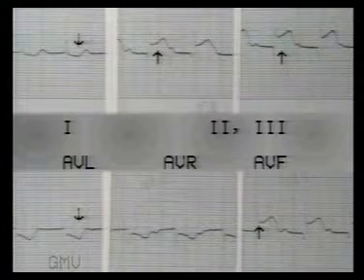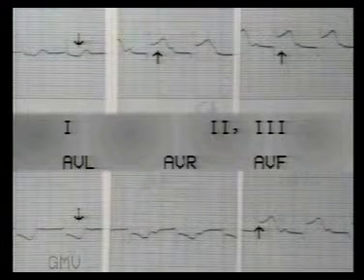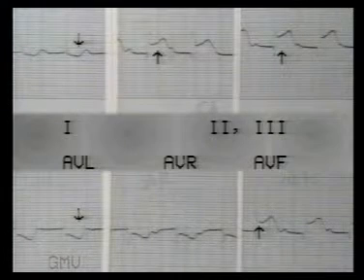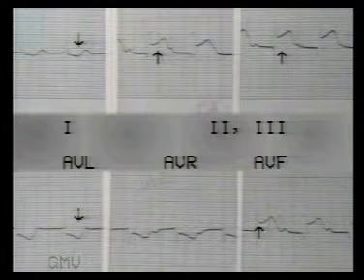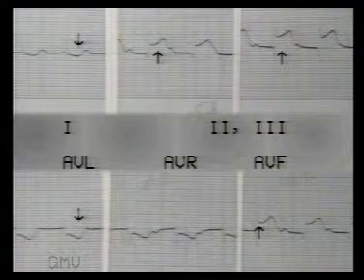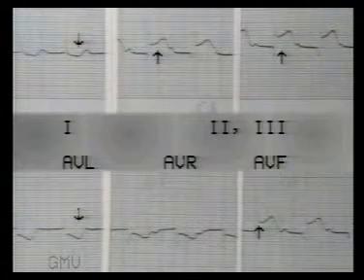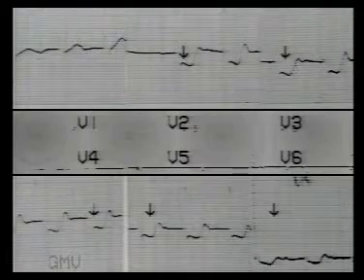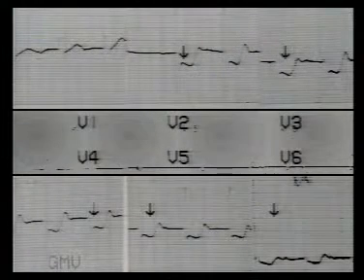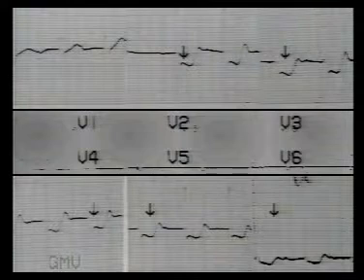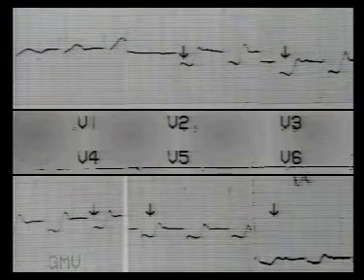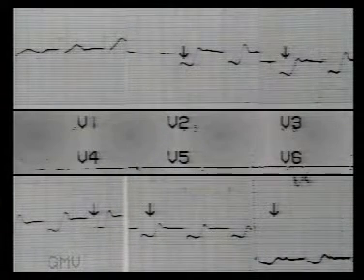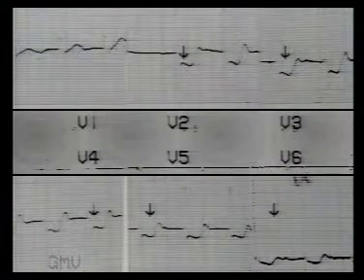In this ECG, note the marked ST elevation in leads 2, 3 and AVF. There is reciprocal ST depression in leads 1 and AVL. This is an inferior wall infarct. The ST elevation with upright tall T waves indicates that it is fresh, less than 1 day old. In the chest leads, there is reciprocal and marked ST depression from V2 to V6. More the number of leads showing STT changes, more is the severity of the infarct. So this is fresh and extensive inferior wall infarct.